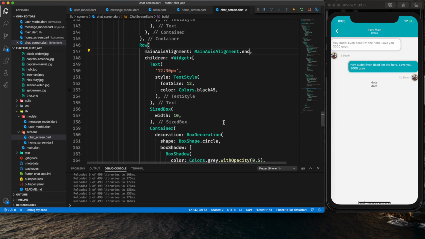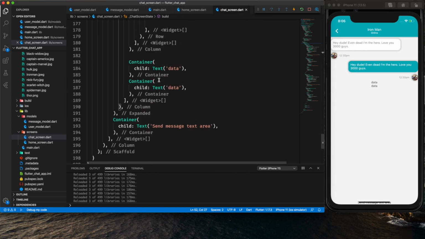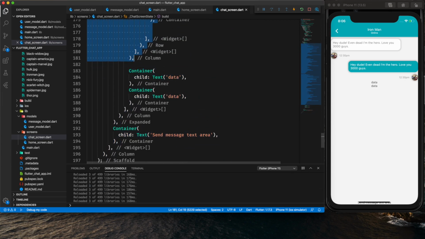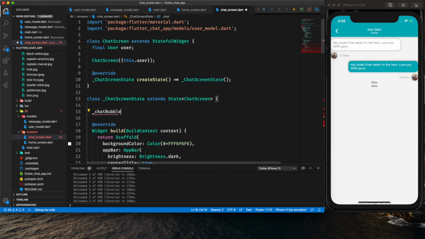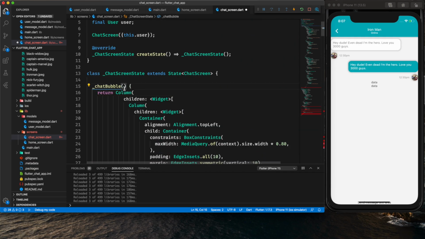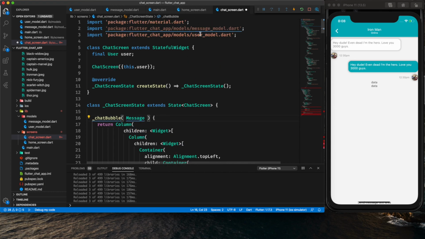So now we need to create all these things dynamically based on our data. So now here I will export this to a new function called chat bubble. So all of these things I will export in a new function. So I copy this and create a function here, and within this function I will return that. And in this chat bubble I will accept some arguments which is message. So make sure you import this message model,